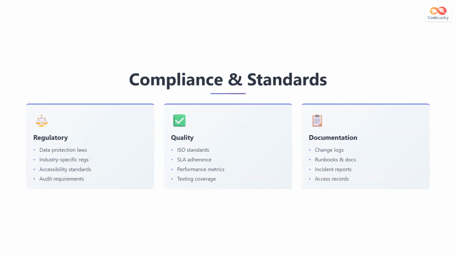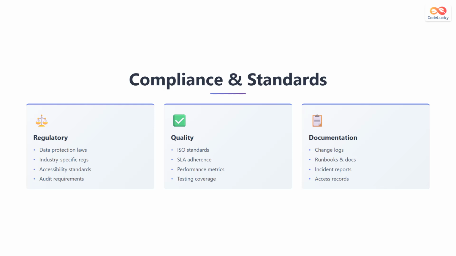Production environments must meet 3 types of requirements. First are regulatory requirements. These include data protection laws that govern how you handle personal information, industry-specific regulations, accessibility standards for users with disabilities, and audit requirements from authorities. Second are quality requirements. These include international standards like ISO certifications,